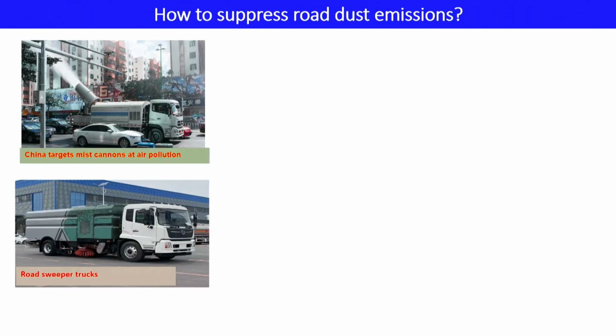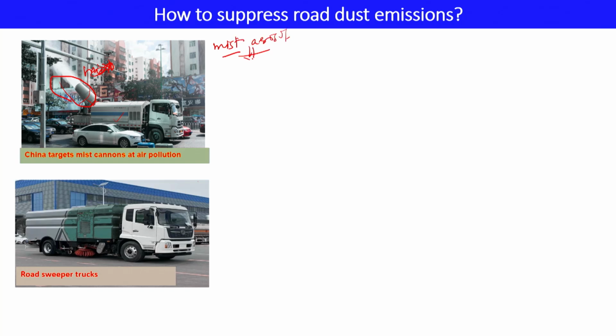Okay. So, for example, how can we suppress these dust aerosols? This is like the water cannon that they use. Wherever there is huge pollution or the dust emission is higher, what will they do? They will take this kind of water cannon, and it will give a mist aerosol.